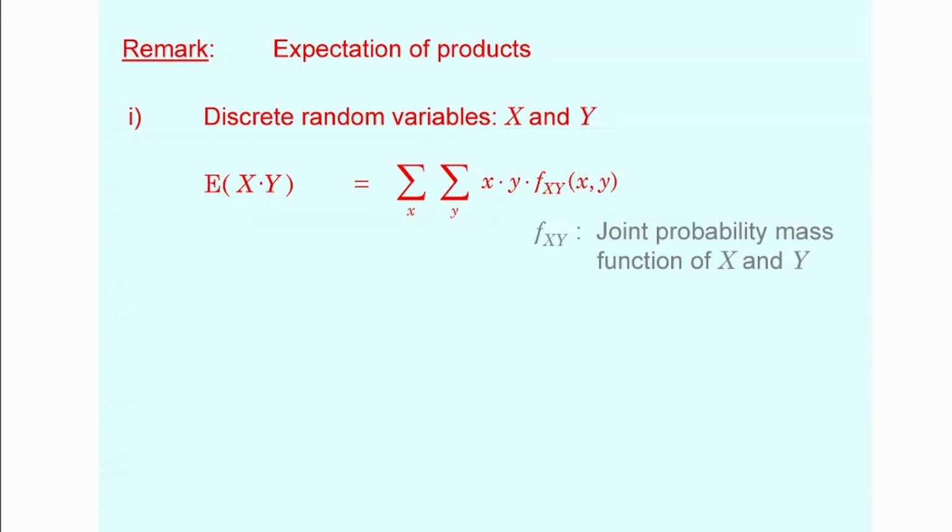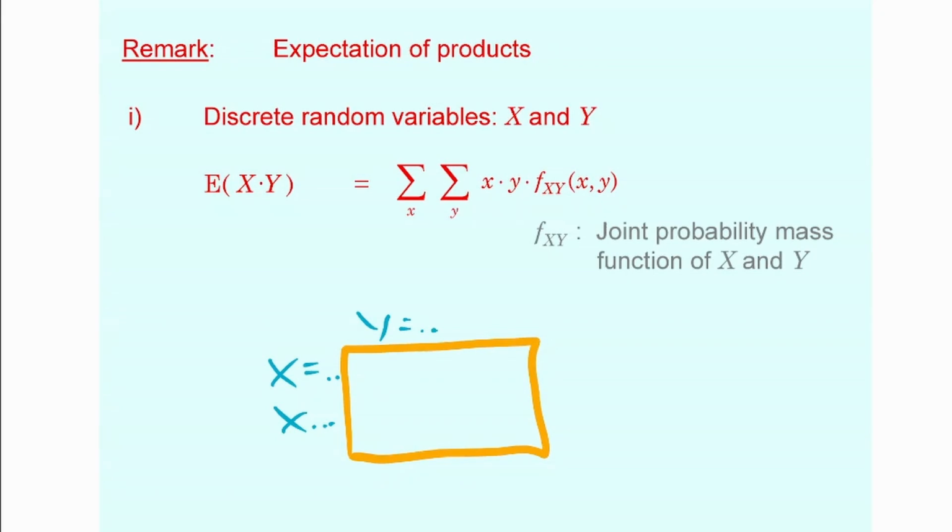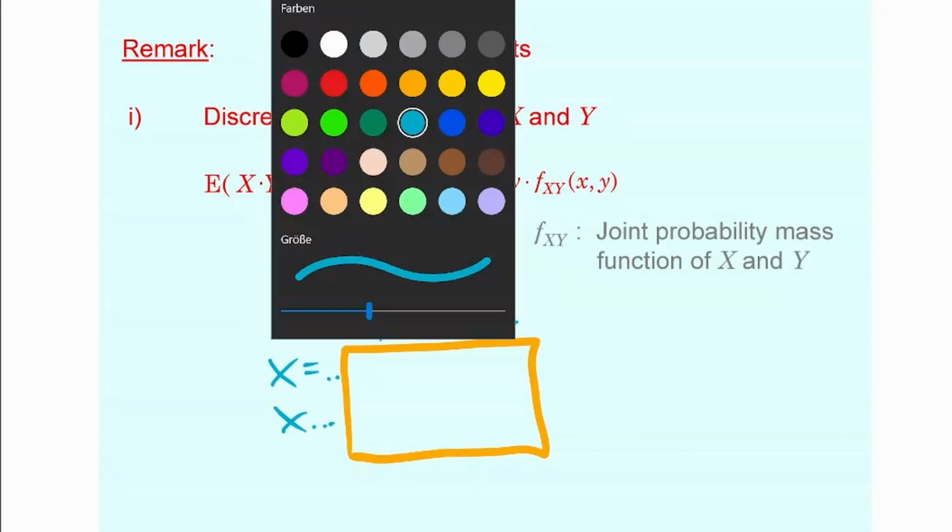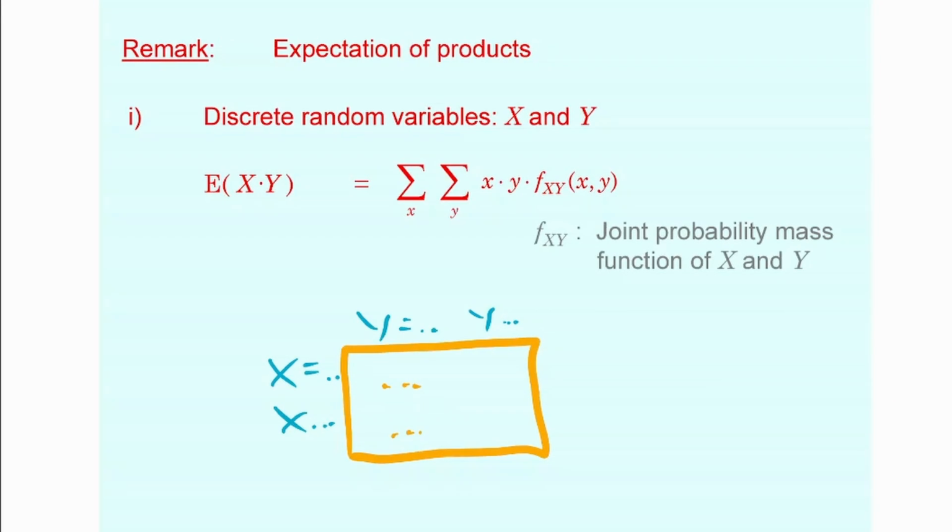When it comes to discrete distributions, the joint distribution is represented by the contingency table. You've probably seen that one. Here you have the realizations of x, here you have the realizations of y, and inside the contingency table you have the probabilities referring to their joint distribution. That's where you take those from. It looks much more difficult than it really is. And then you would need to have the weighted sum of the products based on this joint distribution.